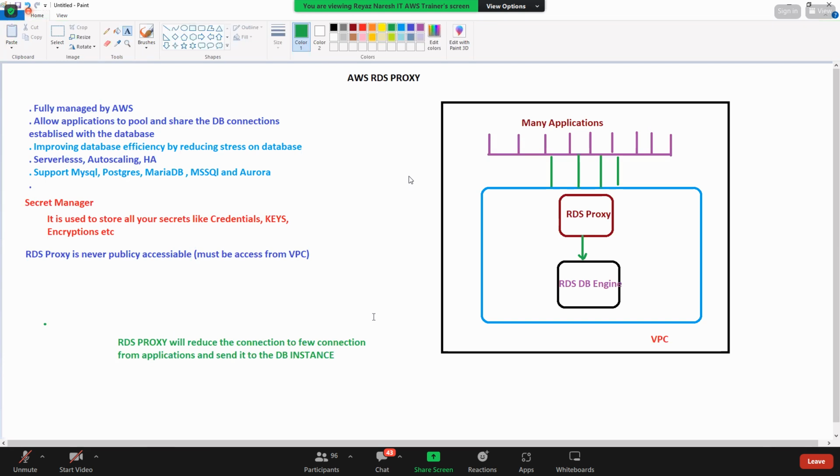Understood now? RDS Proxy. If at all you want, you can use it. Otherwise, not required.